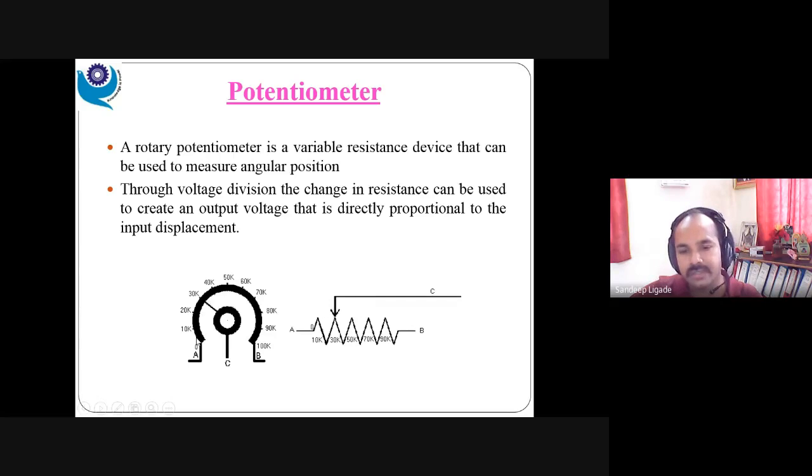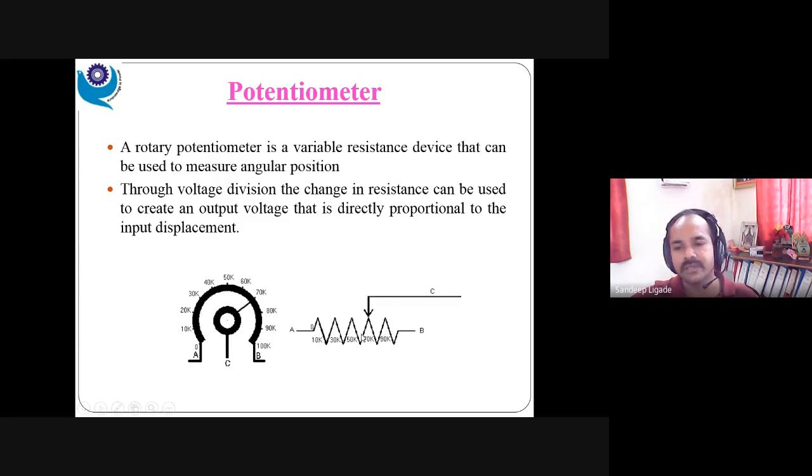Now see over here, here is one variable resistance, that is a rotary potentiometer, and here is one more potentiometer, which is nothing but a linear potentiometer. There is a linear movement here. See, here angular movement is there, and here is a linear movement. Hence, these both are variable. A fixed resistance has only two terminals. But the variable resistance has three terminals: A, B, and C. A and B both are fixed, and C is variable, which has a wiper that is continuously moving.